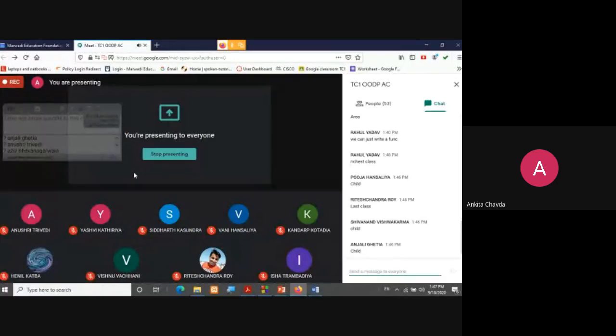That is the question, because you are not creating your parent class object, and whenever you create an object, then and only then the constructor will be called, otherwise not. So how will that happen? I don't have to create the object of the parent class, I'll still create an object of my child class only, but from the child I'll somehow call the constructors of the parent class. That is what we are doing here.